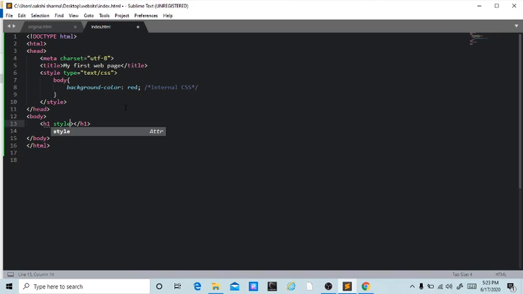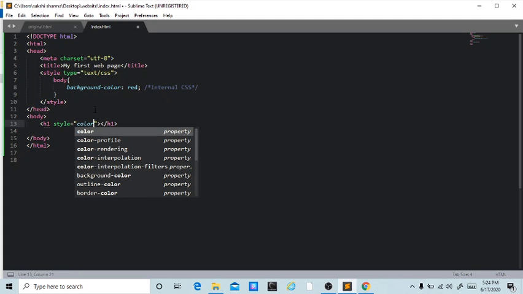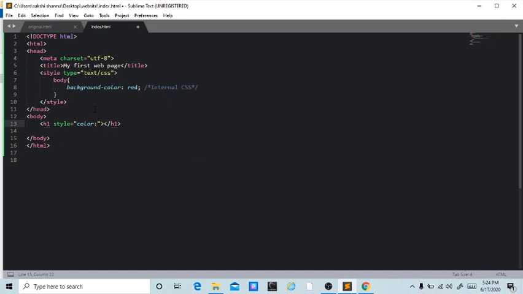Let's style our heading. We'll add color to our heading. Style, color, let's say yellow, and let's add text hello world.